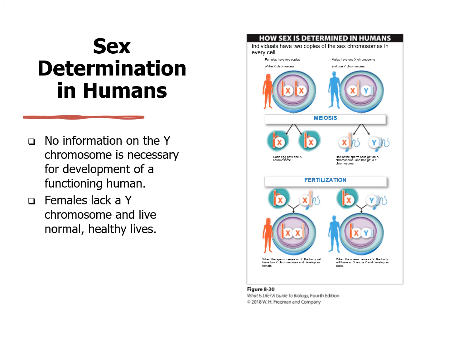But something that's kind of interesting is that females lack a Y chromosome, which tells us that the Y chromosome is not necessary for development of a functioning human. The X chromosome, however, is, because everybody has an X. If you don't have an X chromosome, you probably won't make it to development, but we know a lot of information as far as the X chromosome being very important.